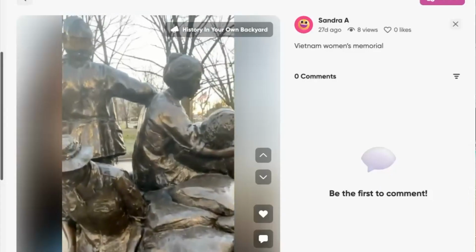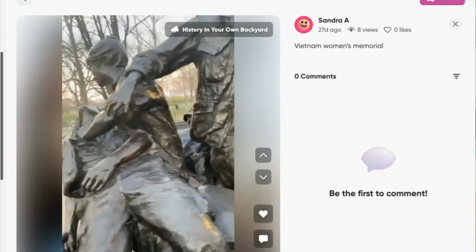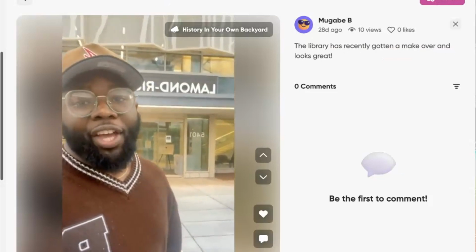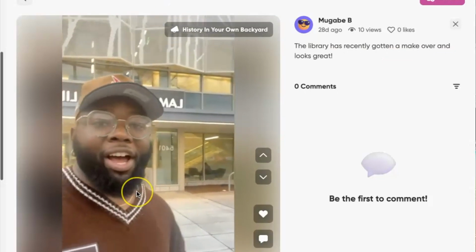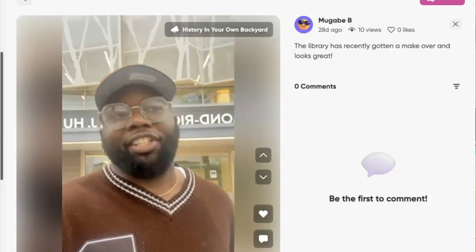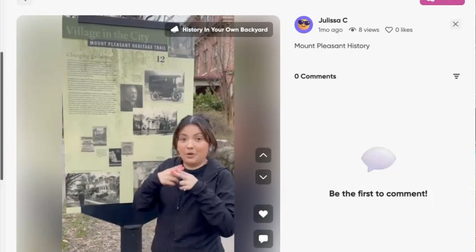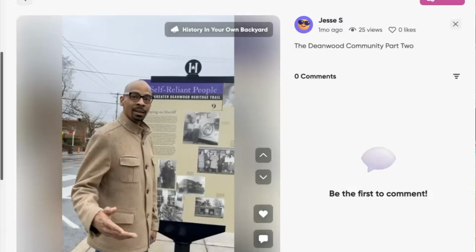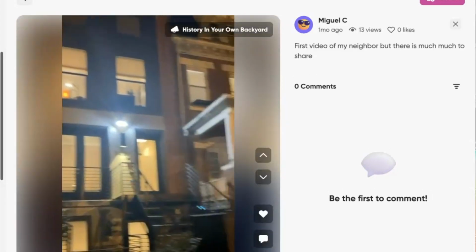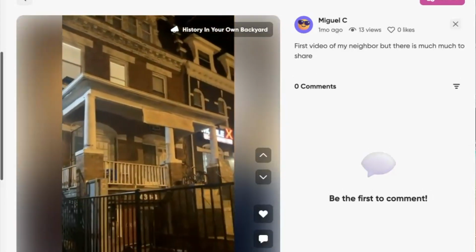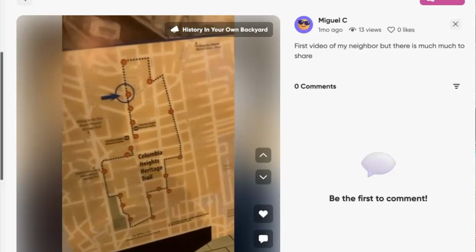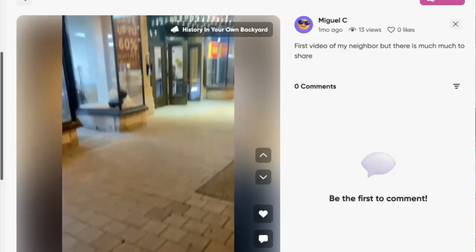You'll see attention to statues down on the National Mall, students taking trips, or going to their local library, which is a significant part of the community's history and is connected to the larger national history as well. Of course, there are historical markers and walks all through the local communities, which you see from both students here. The study of architecture and the story that architecture tells inside of a community, the way a community has evolved and grown and adapted or been affected by change.